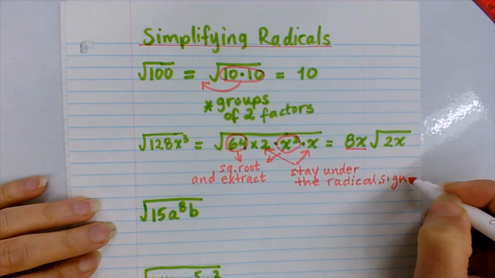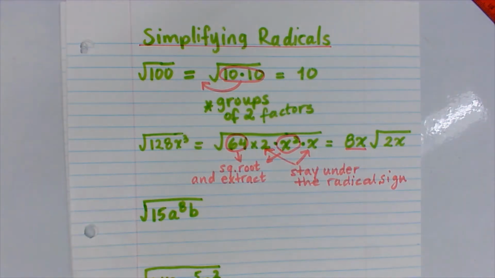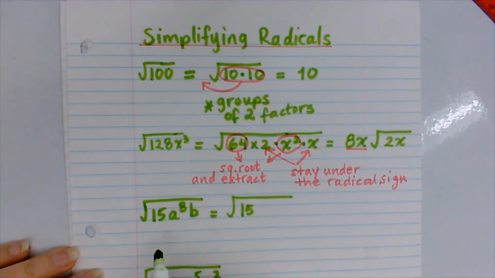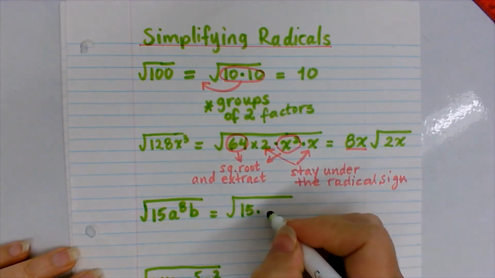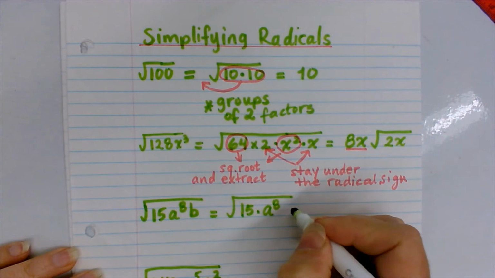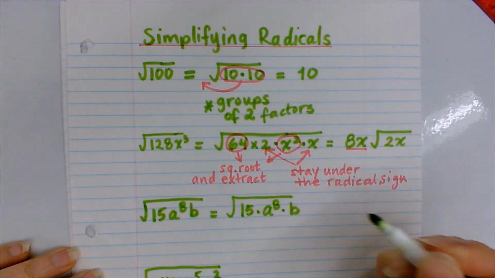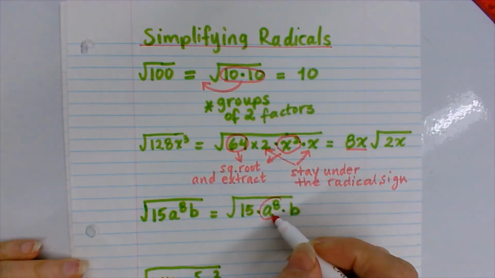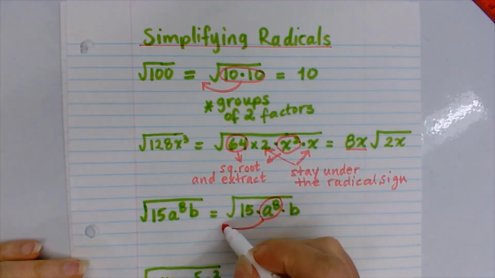Okay, the next example is 15a to the power of 8 times b, all under a radical sign, so all square rooted. 15 does not have a square as one of its factors, like 4 or 9, so I'm going to leave it as it is. A to the 8 and b, well, the a to the 8 can be square rooted, so I am going to extract the root of a to the 8, and that is